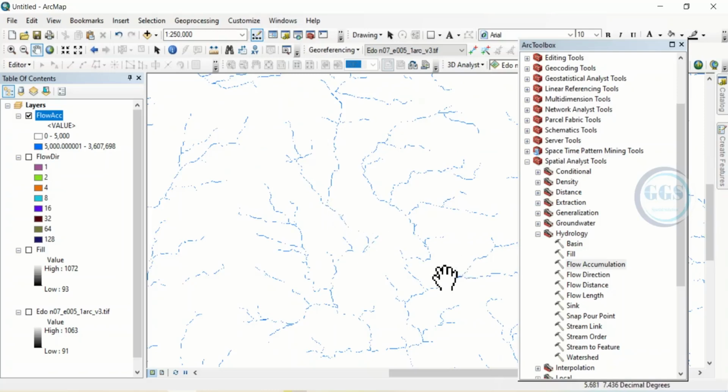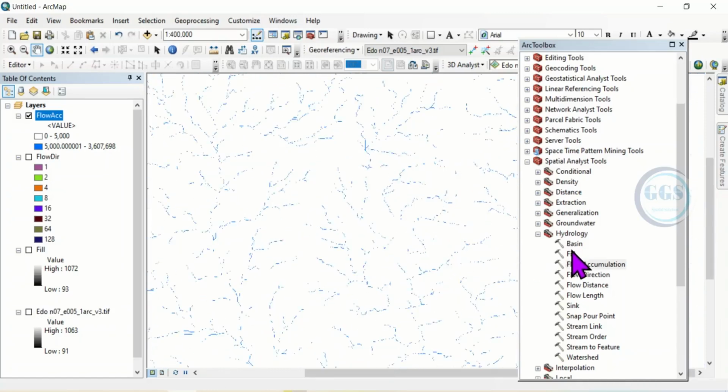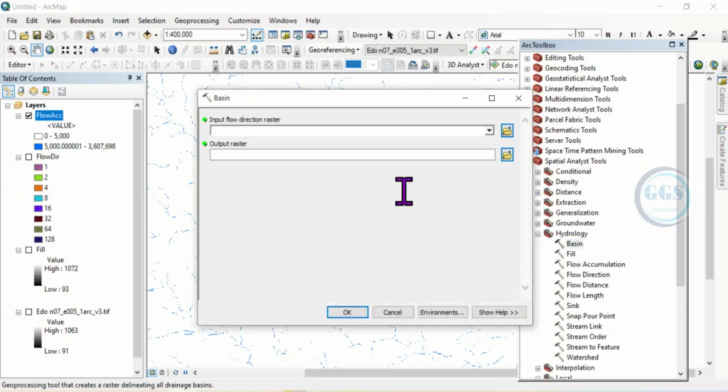So the next thing now is to calculate the basin raster. So to do that, come back to this hydrology, and here you can see basin. Double click to open the basin tool. Then